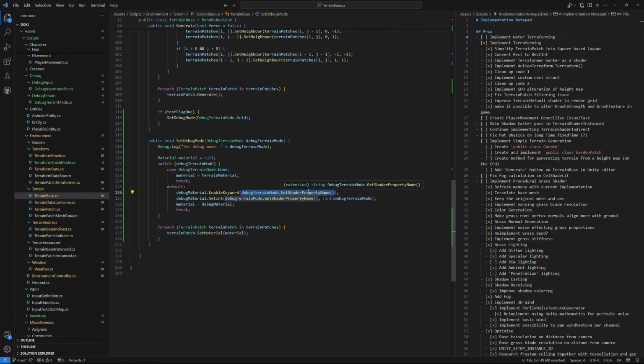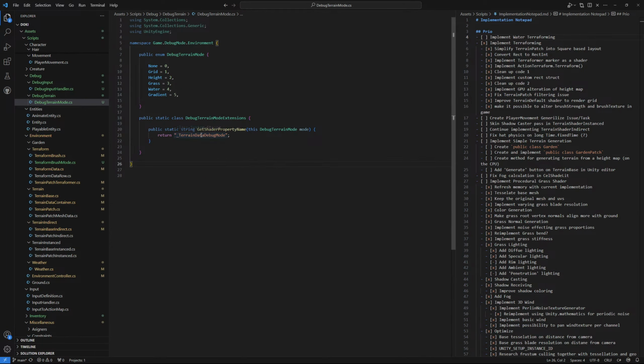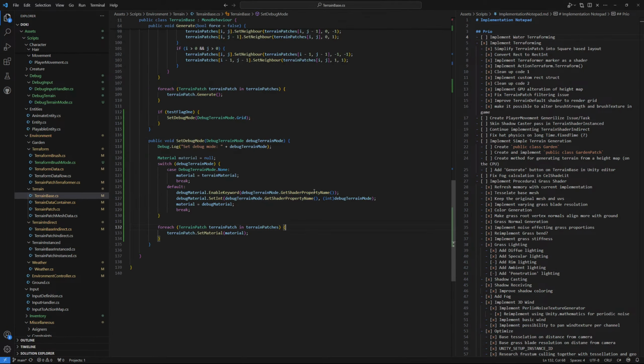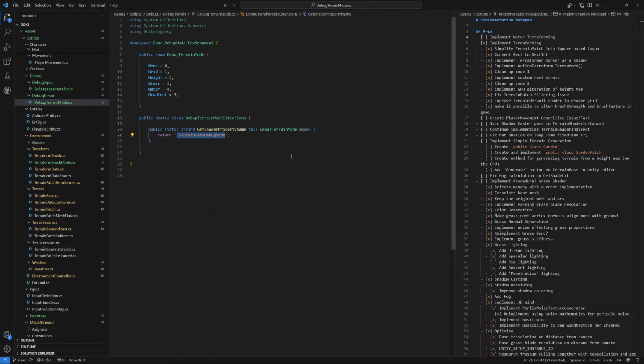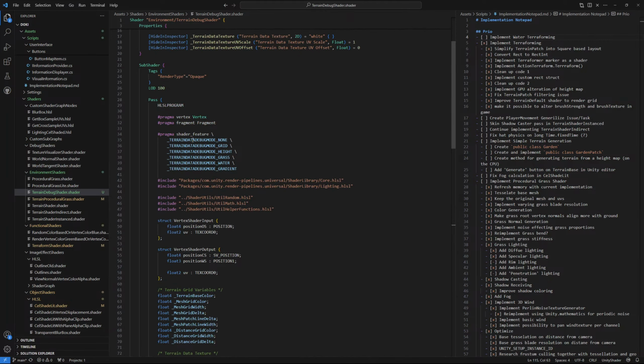I want to check debug terrain mode. Let's try enable keyword. Oops. Terrain data debug mode. And we do... let's just set